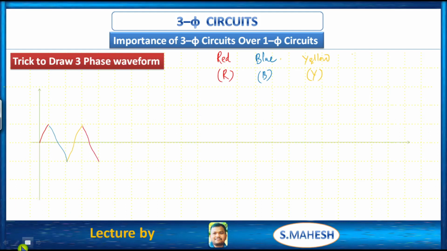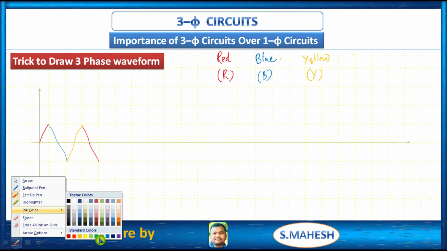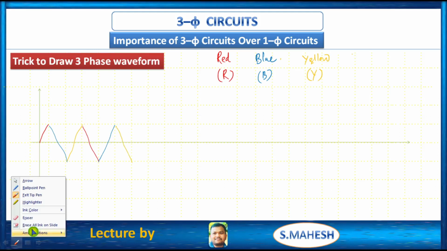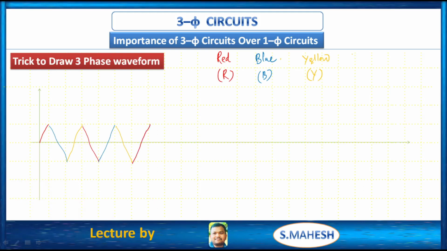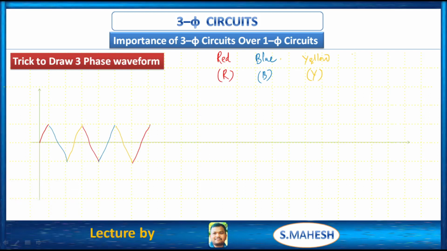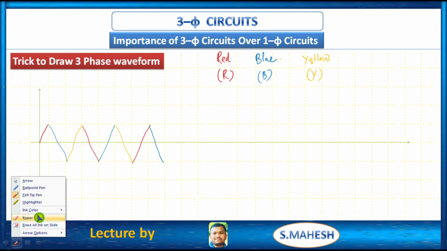After red you have blue. Next yellow. Next red. After red you have to change the color to blue, right? After blue, finally, for example,